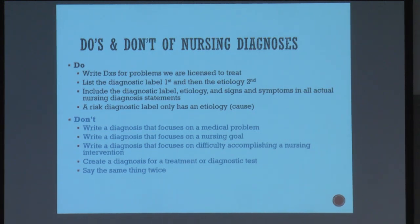Just to confirm, you did say that the risk diagnoses don't have the related to? No, they have related to, not as evidenced by. These diagnoses do not have defining characteristics or related factors because they have not yet occurred. Yes, Evolve does say that, even on the quizzes. That's one of the questions. So in the book it says...